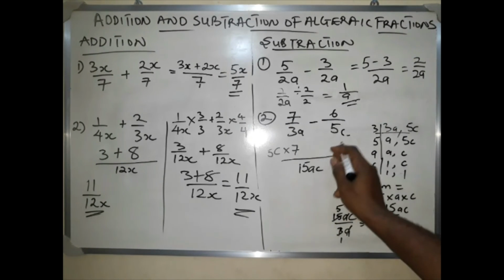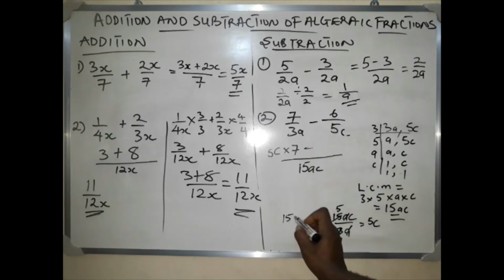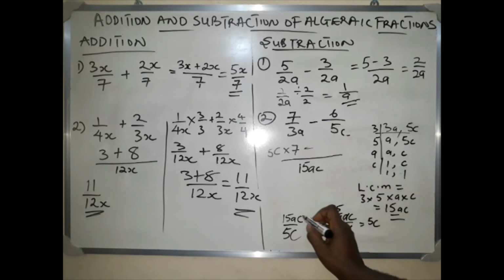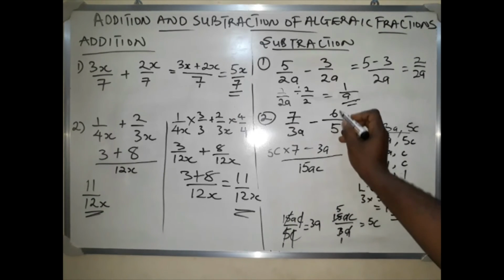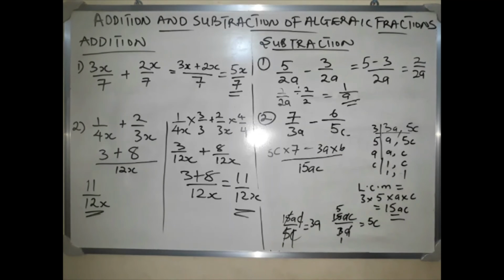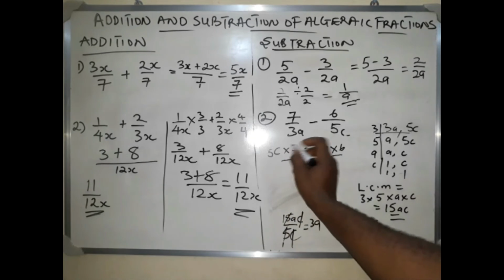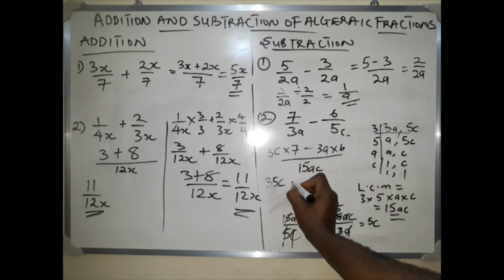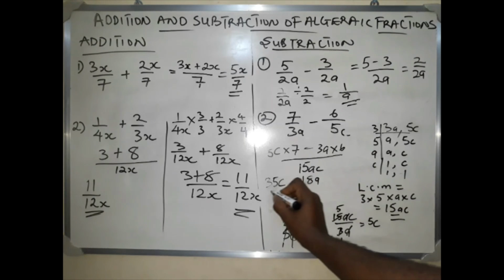So let's do it for the other fraction. Don't forget to write your minus sign. We now say 15ac divided by 5c. That's this denominator here. C cancel c. 5 divide 15, which is 3. And we now get 3a. So we now have 3a times 6. Okay. So now we multiply what we have up here, which is 5c times 7 is 35c, minus 3a times 6 will give us what? 18a, all over